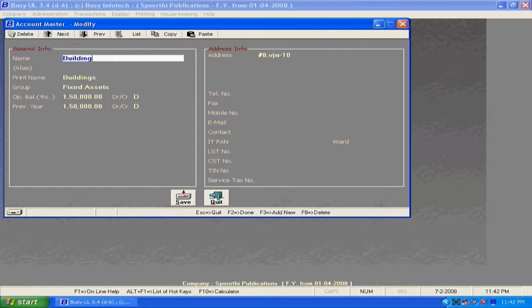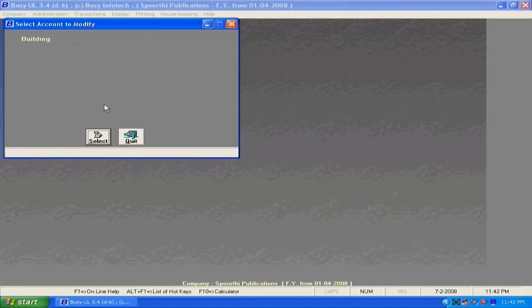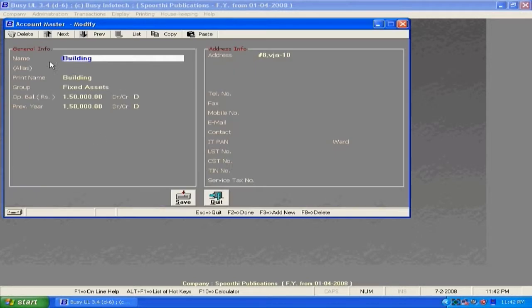Your account will be saved. Here you can make changes to other accounts which are predefined. Any modification related to address, related to balance can be made.